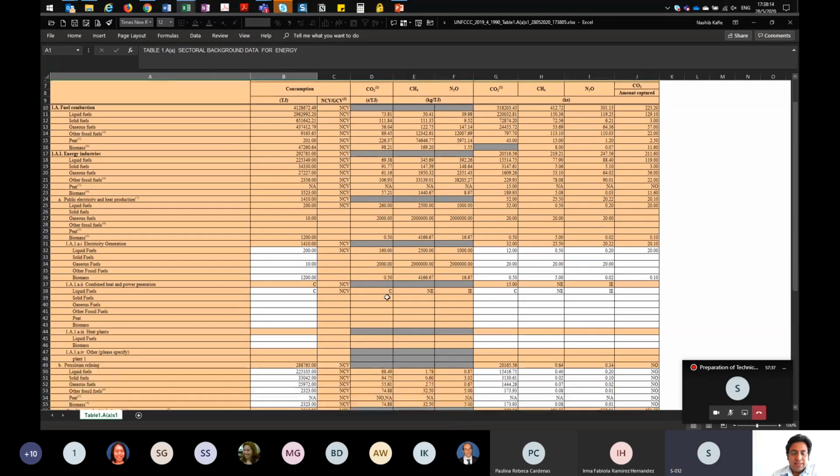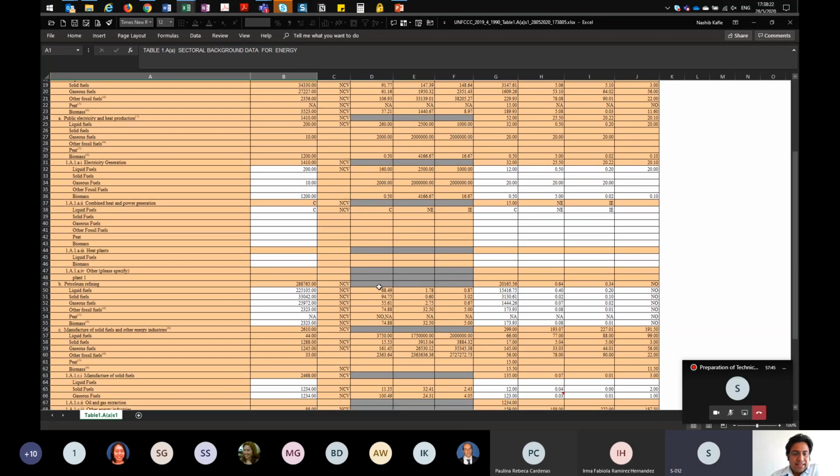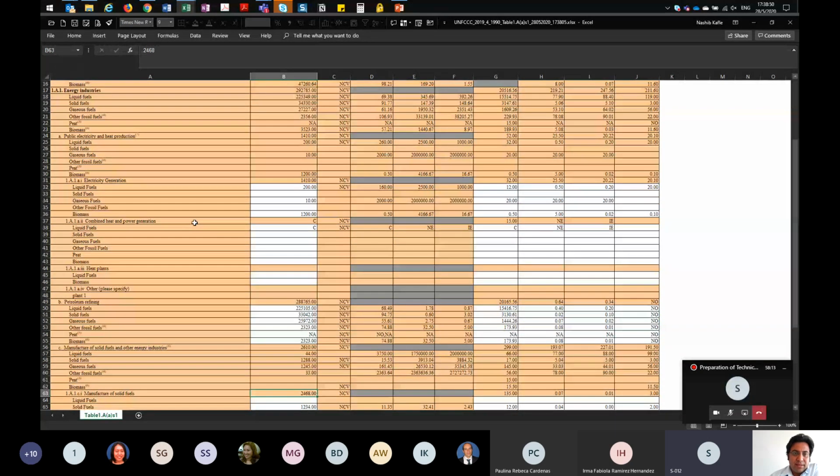So I'm opening the file. So you can see this file. This is the aggregate CRF tables for Annex 1 parties. So here you can see I had entered the data for 1A1C1 gaseous fuels. So the data that I have entered here is reflected here. So here also you can see the white cells are for the data entry and the orange cells are where the aggregation happens. So here I have entered the data 1, 2, 3, 4 for gaseous fuels, and the data was entered for solid fuels earlier. So you can see that this data is aggregated upwards in this CRF table.